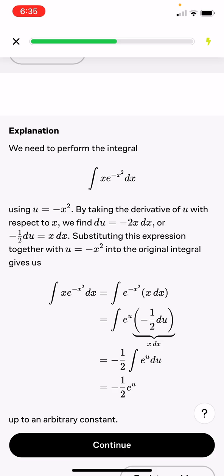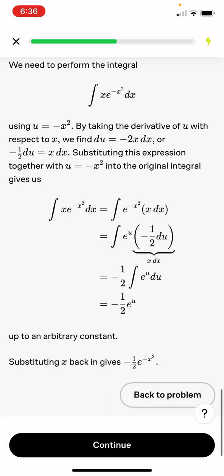We need to perform the integral of x e to the negative x squared dx. Using u equals negative x squared, by taking the derivative of u with respect to x, we find du equals negative 2x dx, or negative 1 over 2 du equals x dx. Substituting this expression, together with u equals negative x squared, into the original integral gives us, as we see below,